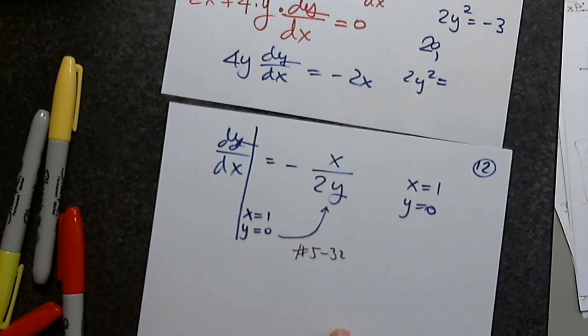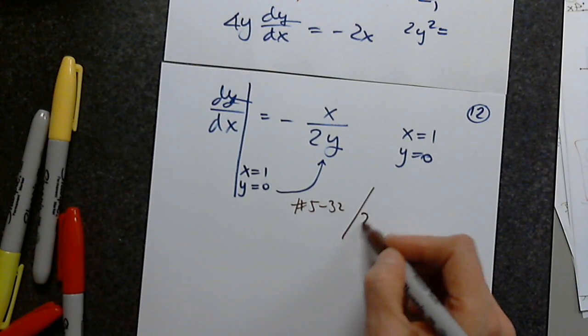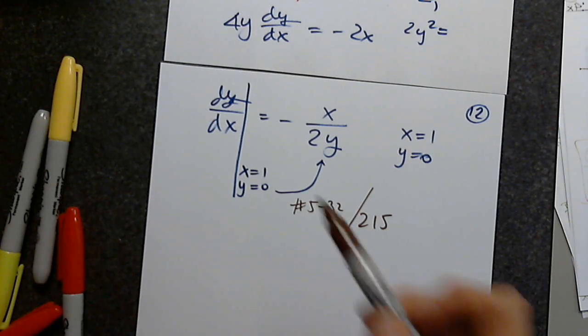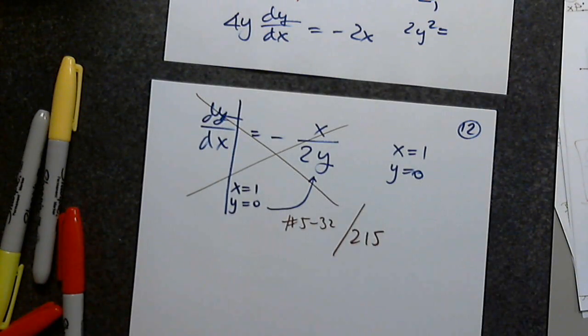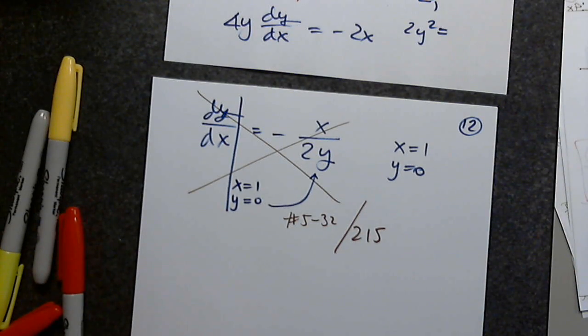So we can illustrate this. Page 215. So 32. I got an expression, but I cannot evaluate it. The expression is fine. It's negative x over 2y. But I cannot evaluate it for this point. I have to find another point where it exists. Okay. Which one? 32. Okay, good. Let's take a look at 32,